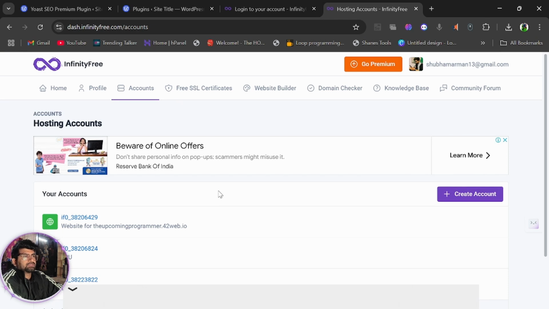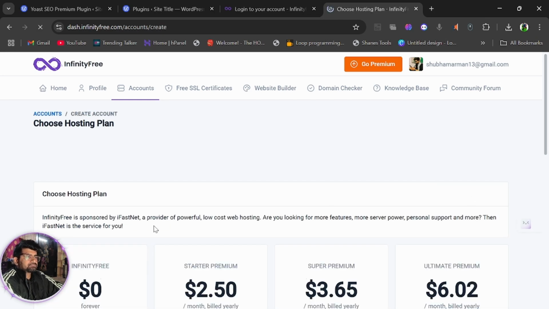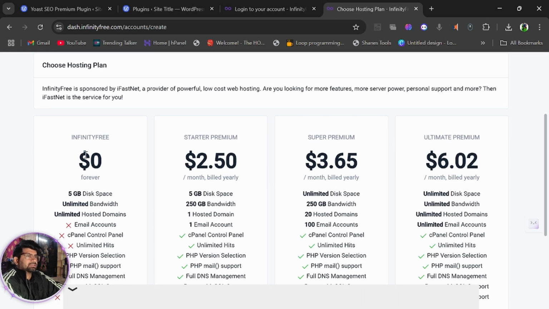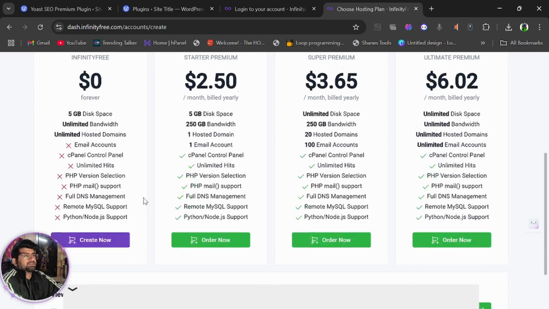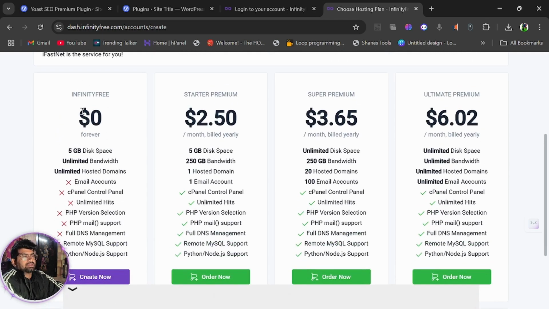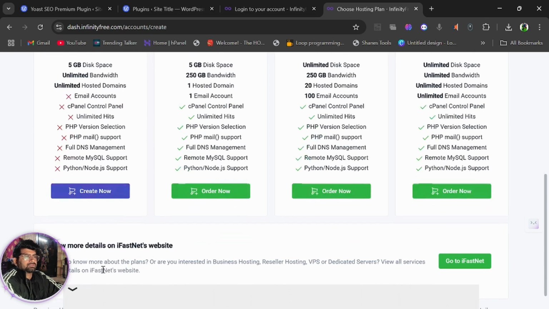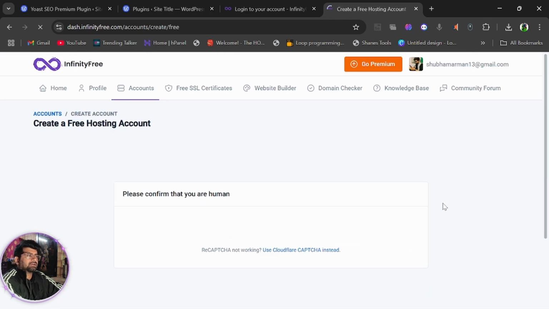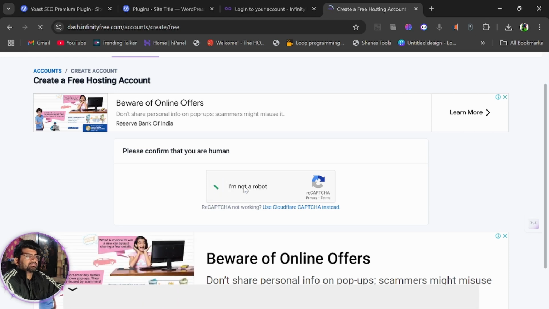I'm going to let you know how you can create your account, how you can get a free domain, free hosting, and in that how you can install WordPress. So let's start. You have to first create your account. You have to click on this button and you will get all the plans here: InfinityFree, Starter Premium, Super Premium, Ultimate Premium. Here we can see that in InfinityFree we don't have to pay anything. It's $0. So we are going to create it now,